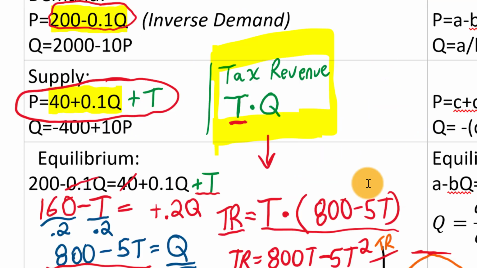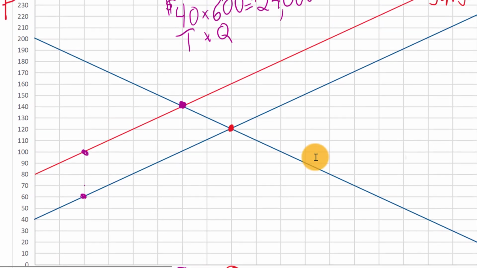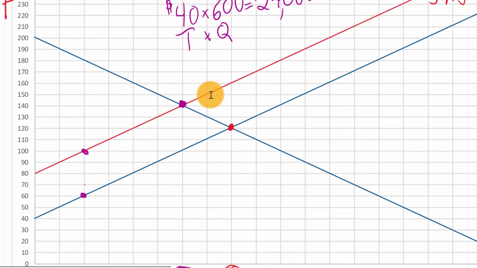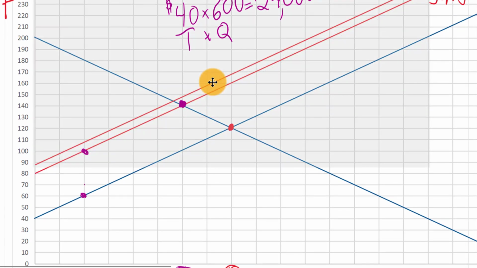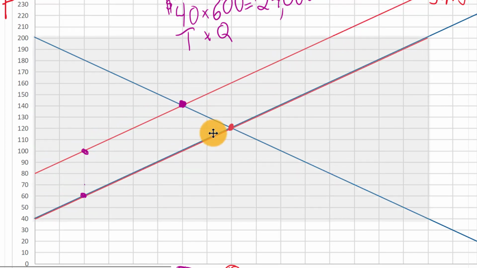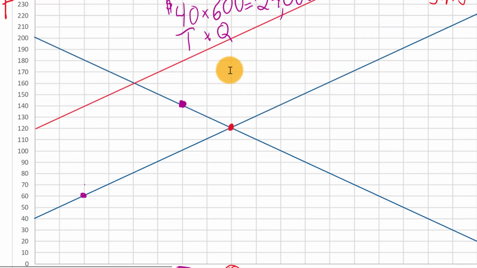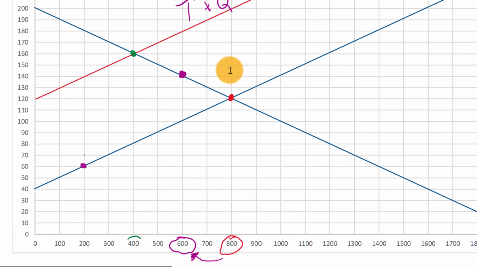So that tells us that if we tax each unit of marijuana by $80 each, then we will have the maximum tax revenue. All right, well, let's look at the graph and see if that appears to be the right answer. So let's take this line, including the tax, and let's start off at 40, and let's add in 80 to the y-intercept. So we're going up to 120 here. And it looks like here that the equilibrium quantity would be 400 units, and the equilibrium price paid by consumers would be 160, with half of that money going to the government as tax revenue.